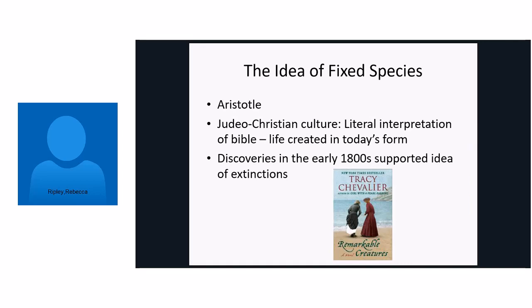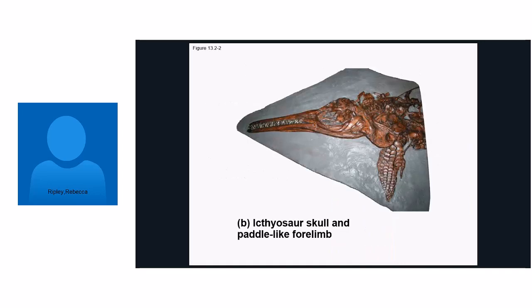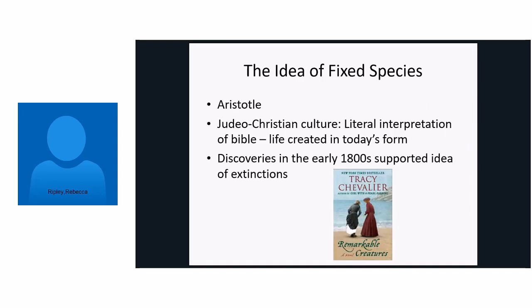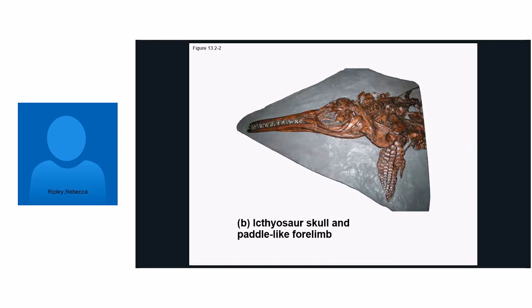So there are different things that have happened over time that show that that may not have been the way that it happened. So one reason for this, or a discovery that kind of showed, oh, maybe there are a lot of species that existed at one point that no longer exist today, or that were kind of similar to species that are today, but are really different. So finding fossils was one way